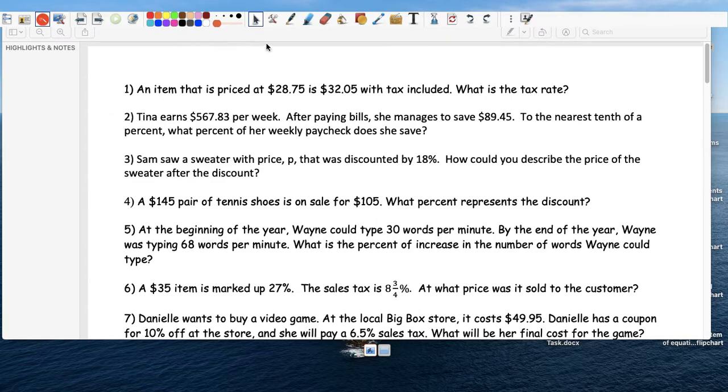All right, so the first one, we want the tax rate. We know what the price was after tax, and we know the price before tax. So this is my new price, and this is my old. I'm going to do the new minus the old over the old, right? So that should give us a positive number, which makes sense. 32.05 minus 28.75 equals 3.3. I'm going to divide that by 28.75, and that's going to give us